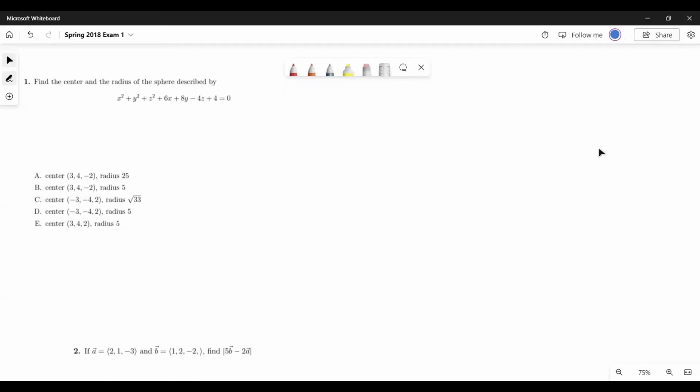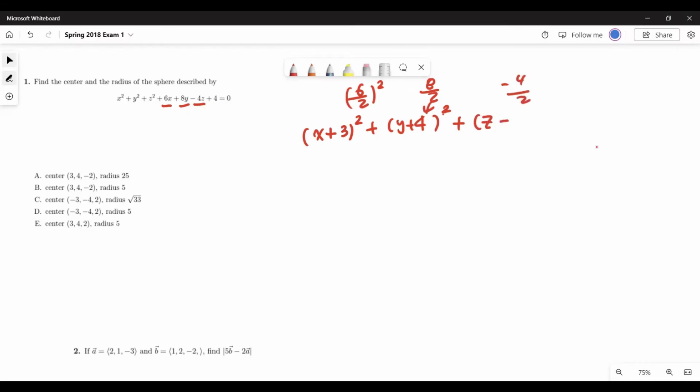Okay, this question is find the center and the radius of the sphere described by the equation. This is simply completing the square. Completing the square is when you see something like 6x, 8y, minus 4z, you divide the value by 2 and then square it. So x plus 6 divided by 2 is 3, so it's going to be x plus 3 squared, plus y squared plus 8y, 8 divided by 2, y plus 4, and then you square the value, plus z squared minus 4z, minus 4 divided by 2, negative 2, z minus 2